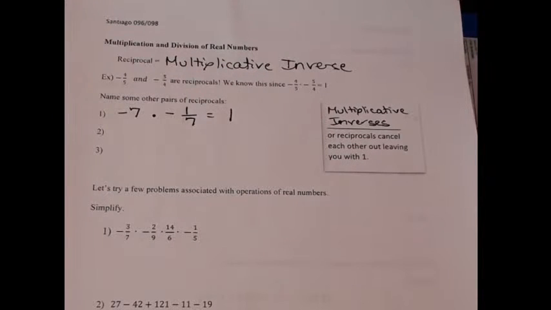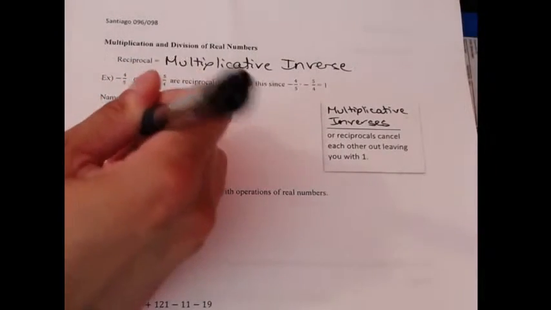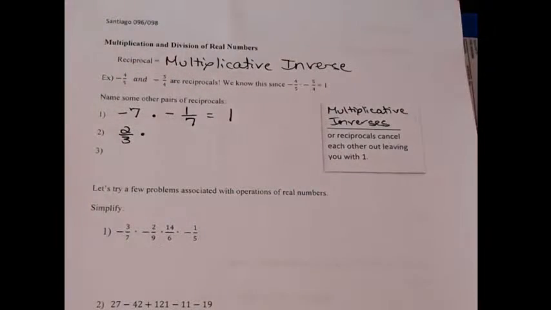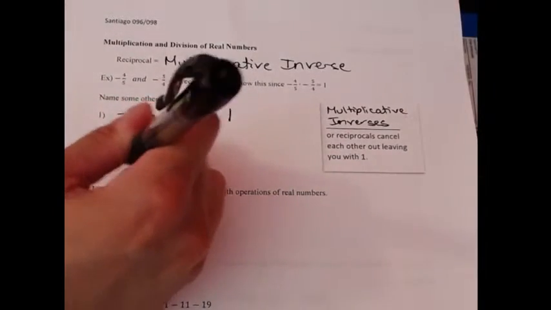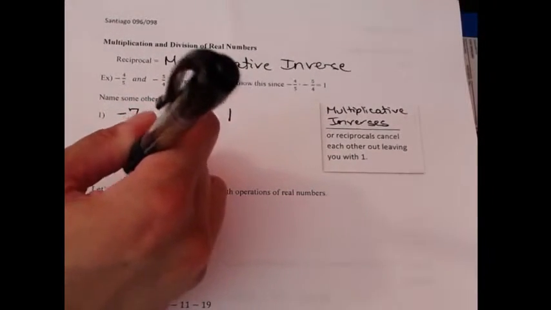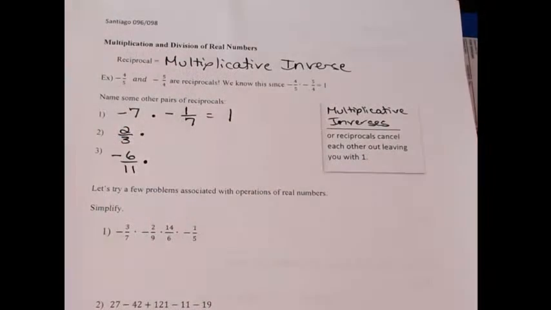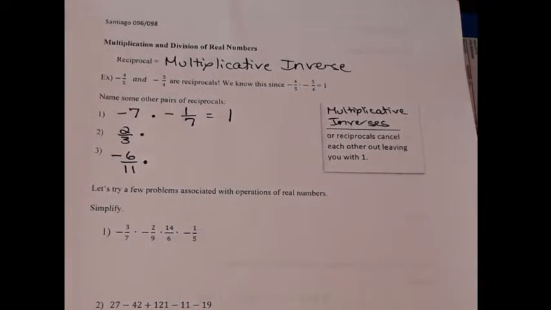Another example of pairs of reciprocals, if I write 2/3, you can tell me the reciprocal of that. And then for number 3, if I write negative 6/11, you can write out the reciprocal of that one. So just take a moment, fill those two into your notes. And you should be getting that the reciprocal,